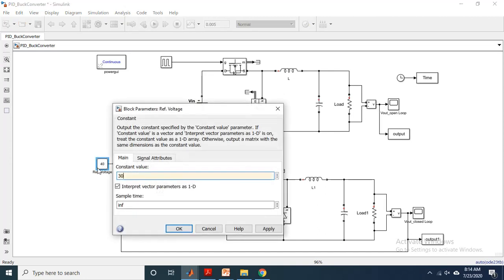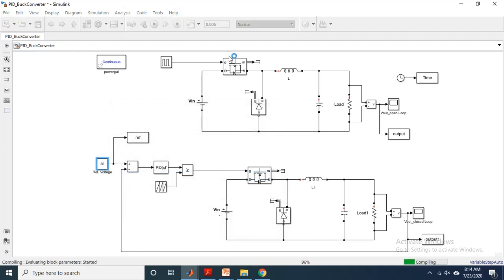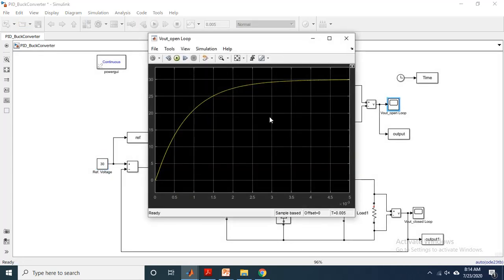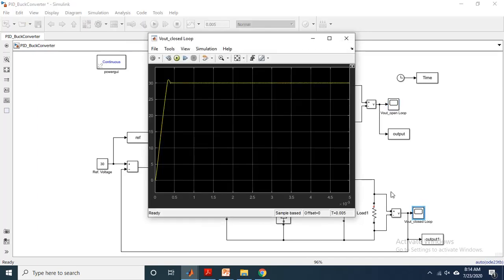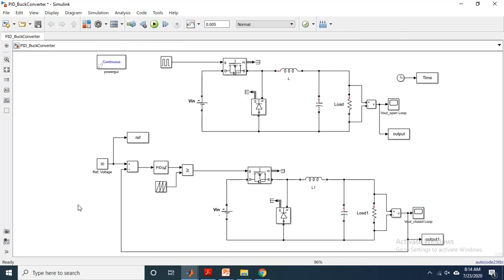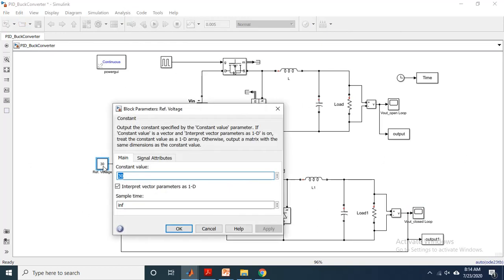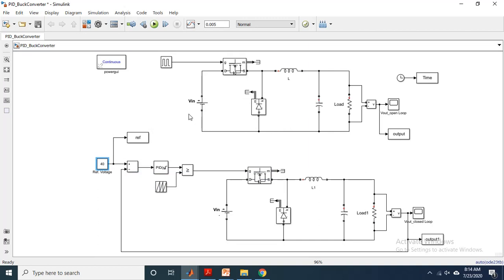If I run this one, you can see that I can get the same in both. So this is going to 30 but a little bit slower, but that is fine. And this is also going to 30, so that is not a major concern. The major concern is if I want to get 40 here. Let us assume I just type 40 here, and there is no mechanism where I can get the 40 volts directly from this particular thing. I have to go and design the duty cycle accordingly based upon the input output voltage requirement, and then I have to do this one.